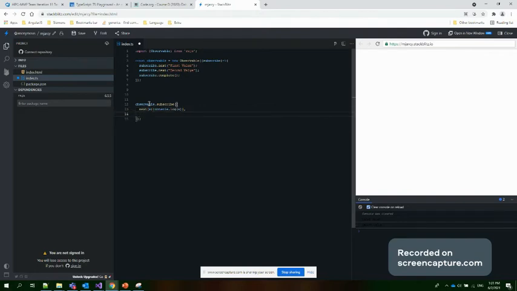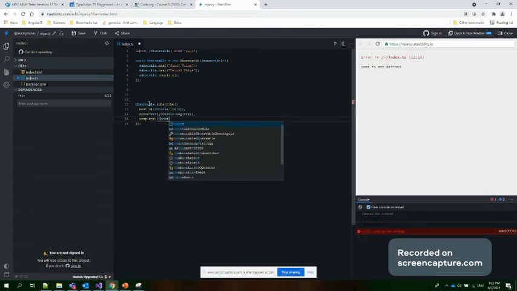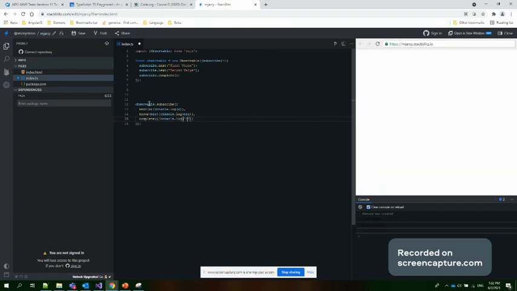After that, the second method is error. Here if any error occurs, we also show it with console.log. This will come into the picture when your service is not up and running, so you can check based on this error. And after that we have complete, and in this complete we also need to give some information. Console.log, I can pass some done here. That's it. If you see, it's automatically saved here, and in the console we can see in the highlighted mode